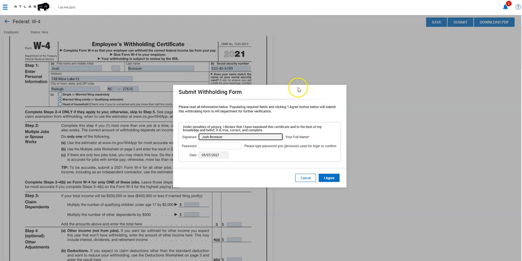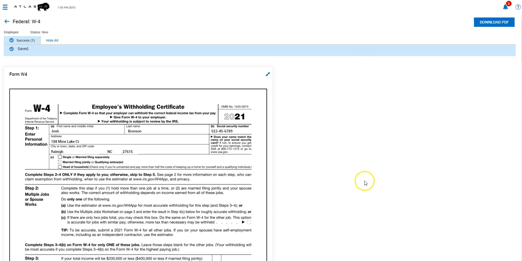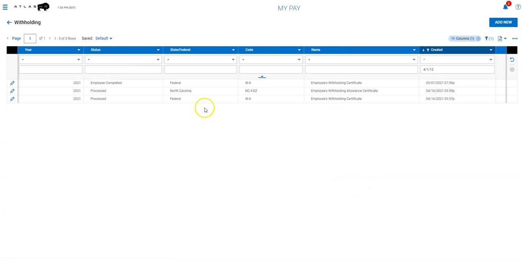So I click Submit. It's going to prompt me for my password, which is me digitally signing the form. I click I agree, and then I am done. And I can click back and see I have a new form out here, but it is still just listed as employee completed. So your HR department or your supervisor has gotten a notification saying that you've submitted this, and